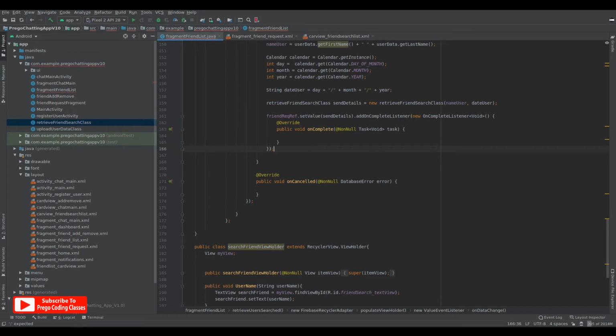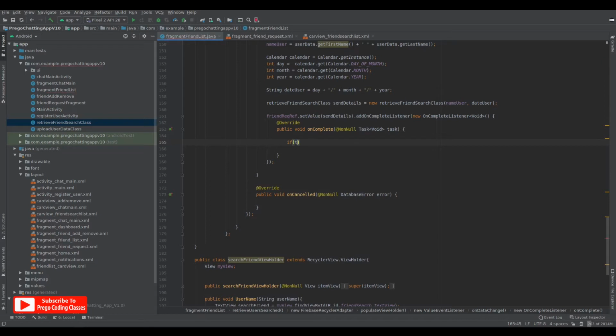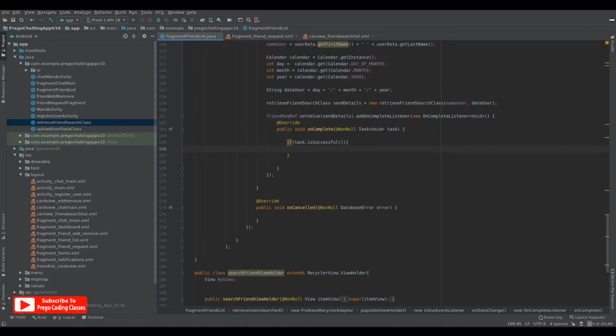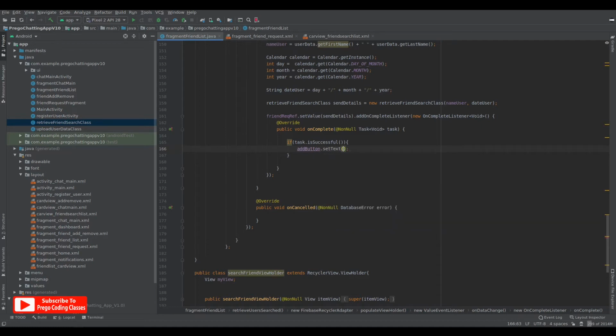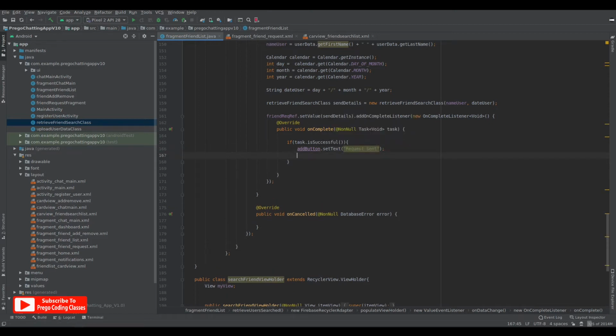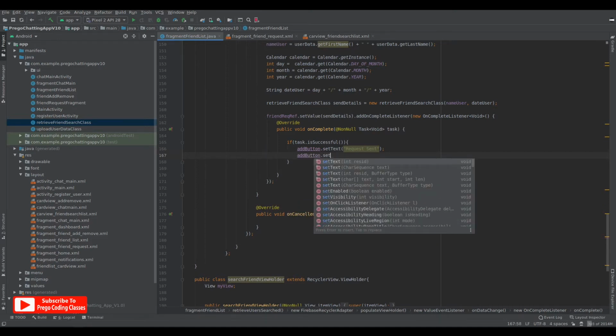Let's put a semicolon, and say if task dot is successful, then add button dot set text, that would be request sent, and down below we'll set add button dot set enabled equal to false.